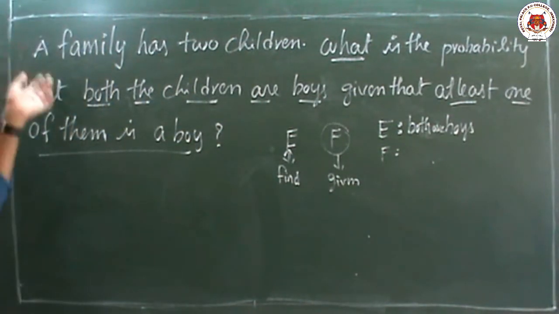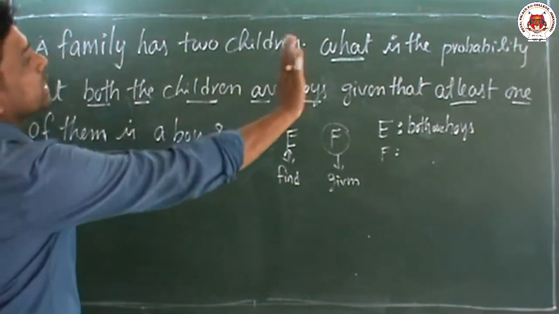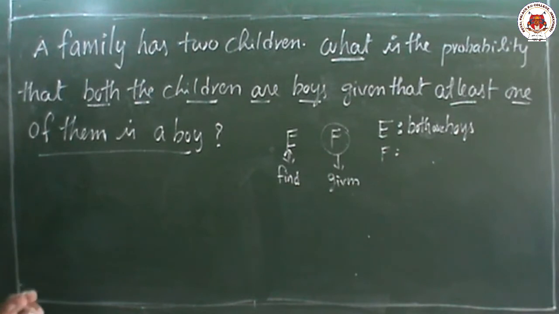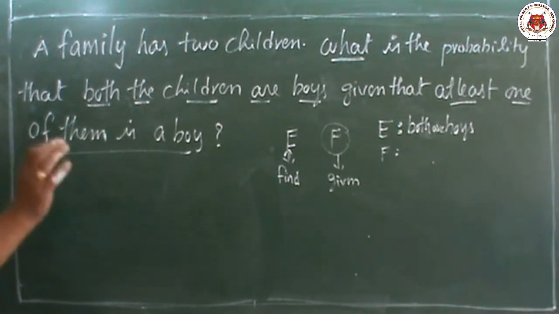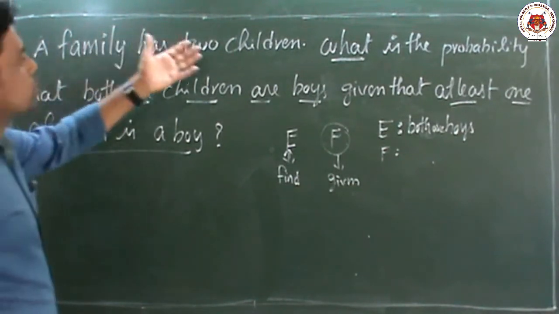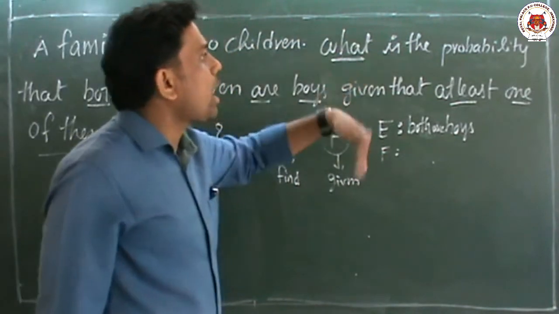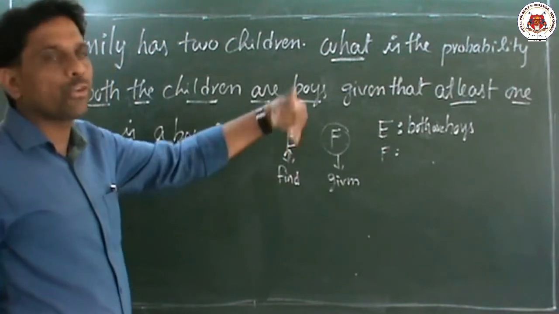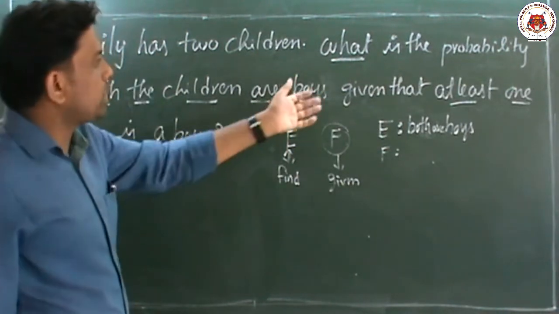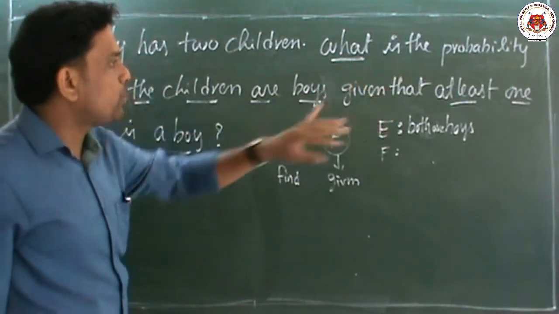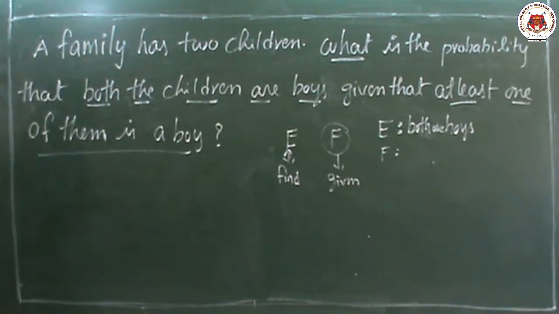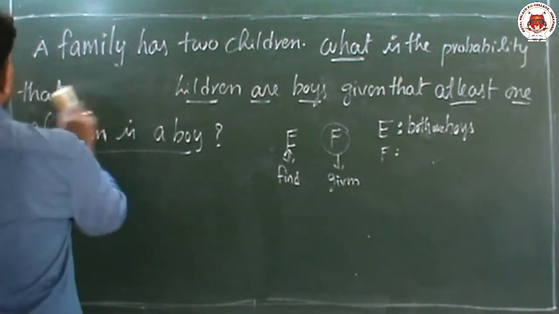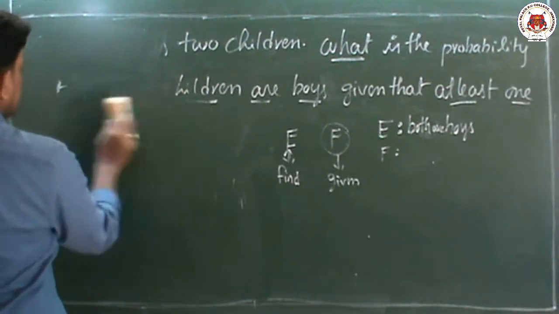So how do we identify E and F? In the question he never mentions conditional probability or says to find the conditional probability. While reading the question itself we have to understand. Here two children are there, so we have to find that both children are boys. That is called E. And whatever is given, that one we take as F. So for this I am going to write these two in the format. Now concentrate on the board.